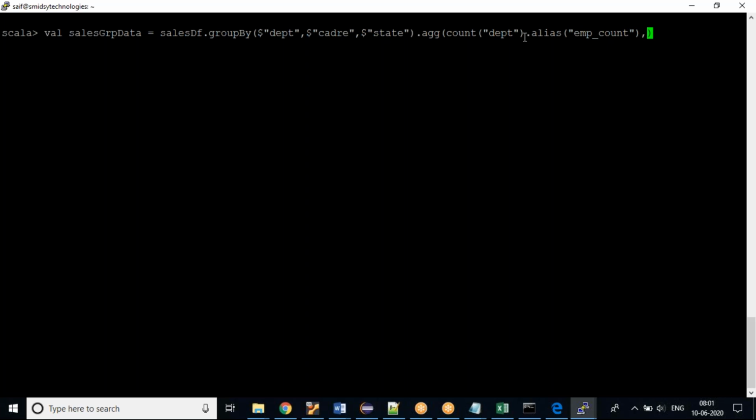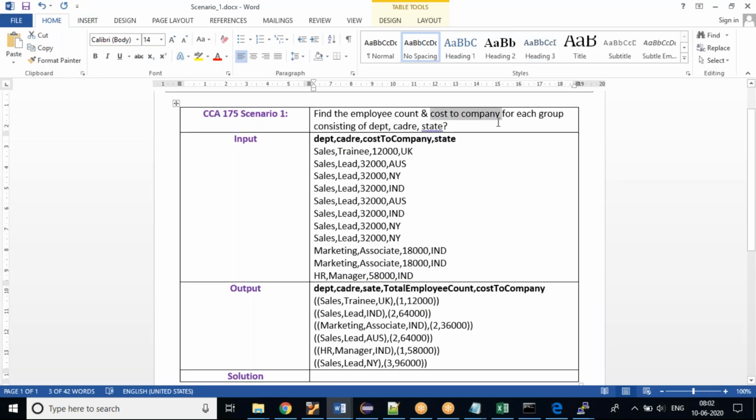Now what I need to do is find my sum of cost to company. So let me write that sum of cost to company, and I'll name that as alias. What was that alias name?